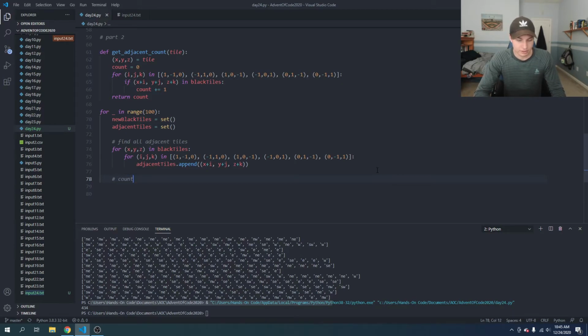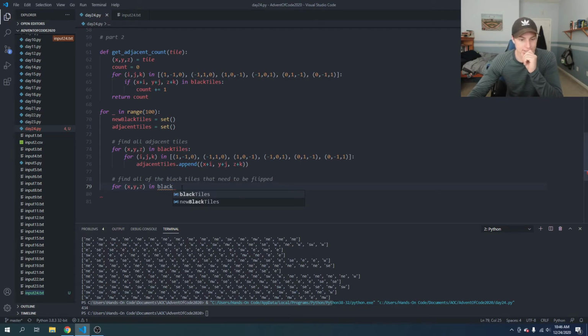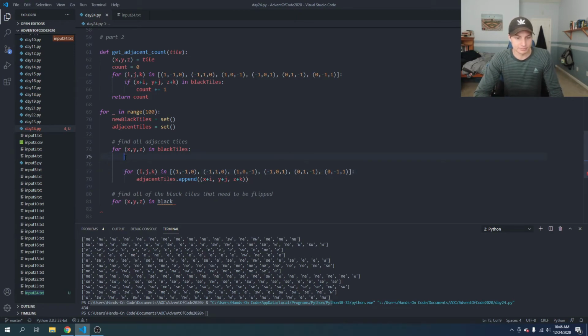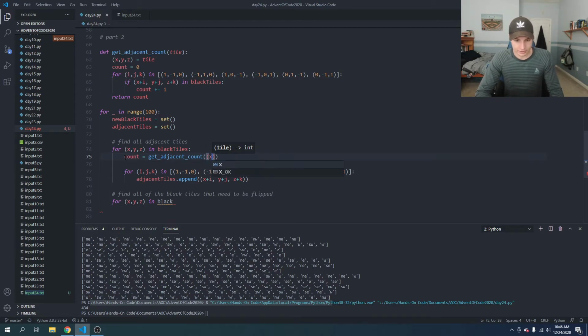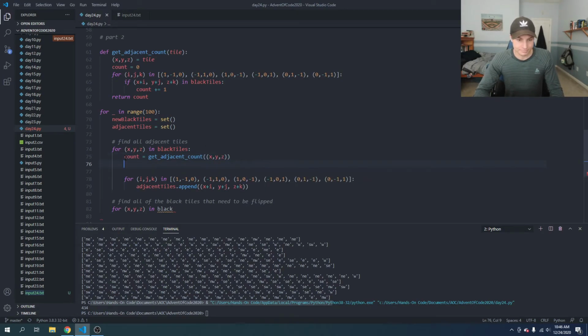Now find all of the black tiles that need to be flipped. So now we'll find all the black tiles that need to be flipped. So once again for X, Y, Z in black, and I guess we don't need to have a redundant loop, so we could add this up here. Count is equal to get adjacent count of X, Y, Z, and then if